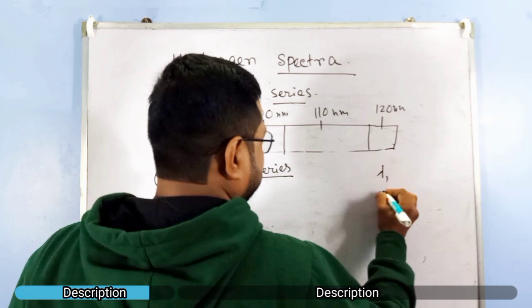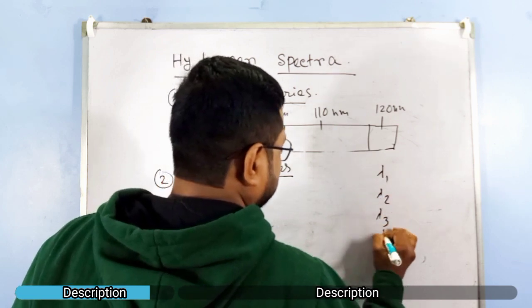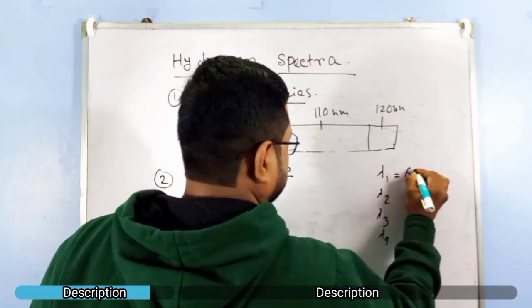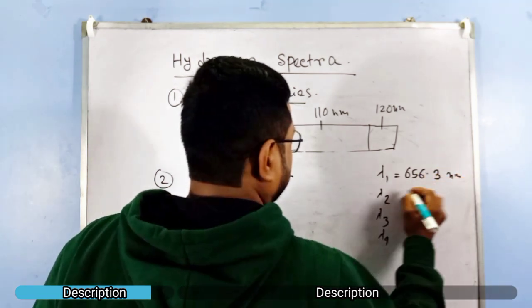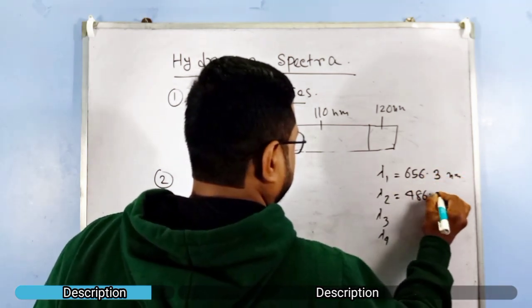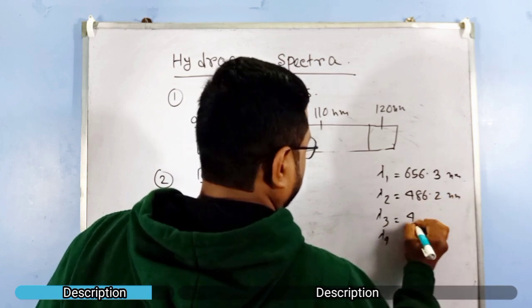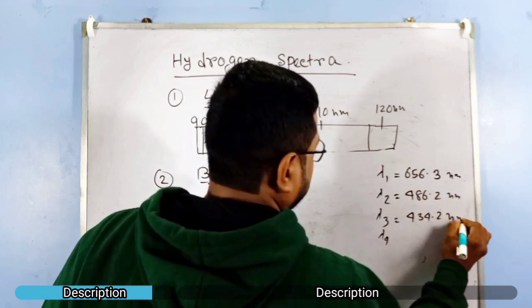We can say lambda 1, lambda 2, lambda 3, lambda 4 are 656.3 nanometer, 486.2 nanometer, 434.2 nanometer and